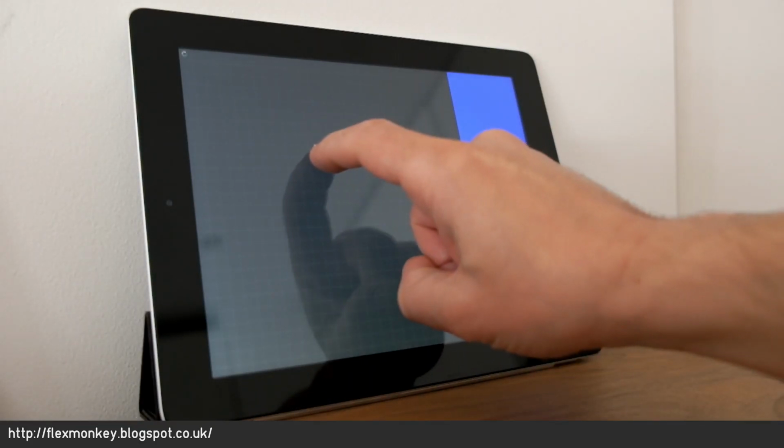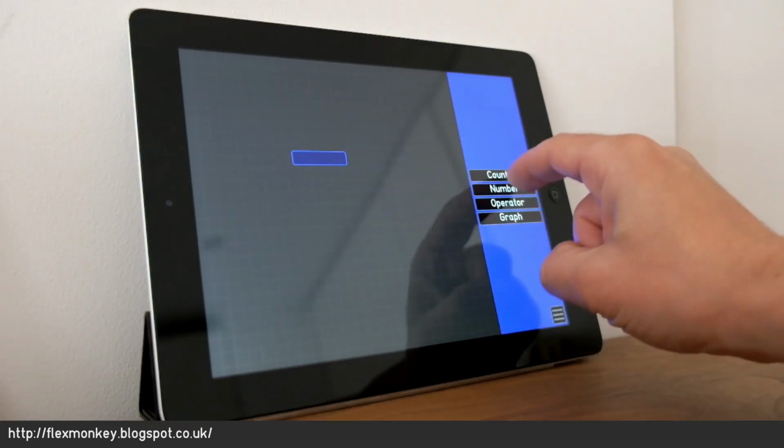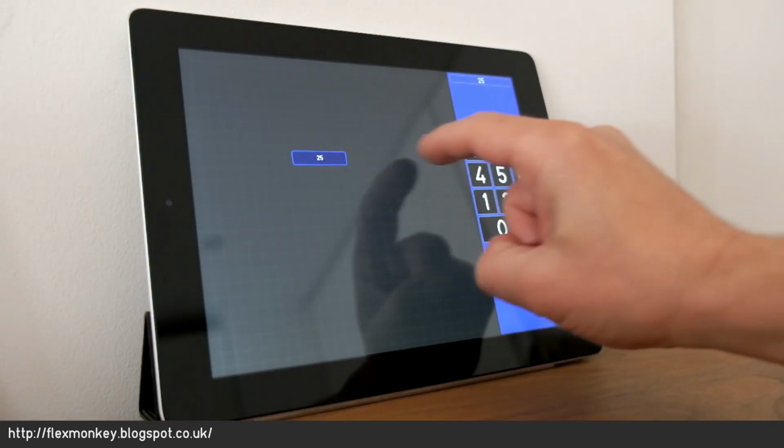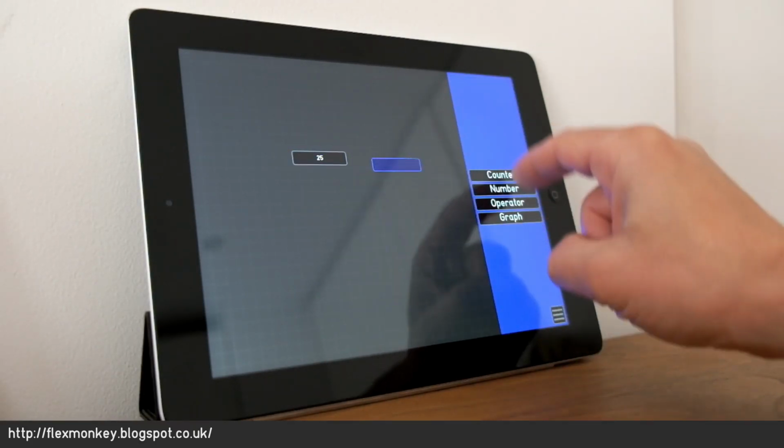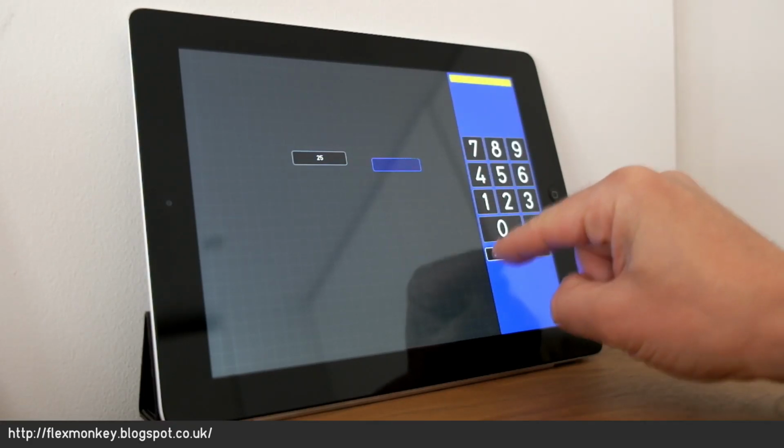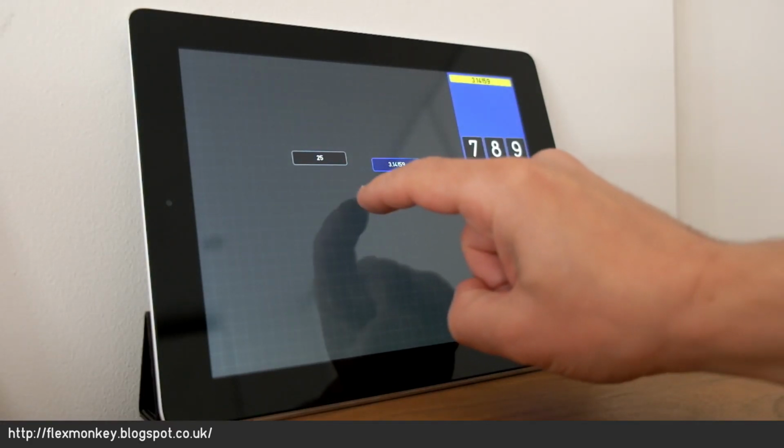I'm going to create two number nodes with a long hold. That's a number 25. That's a number pi. I'll create an operator node,